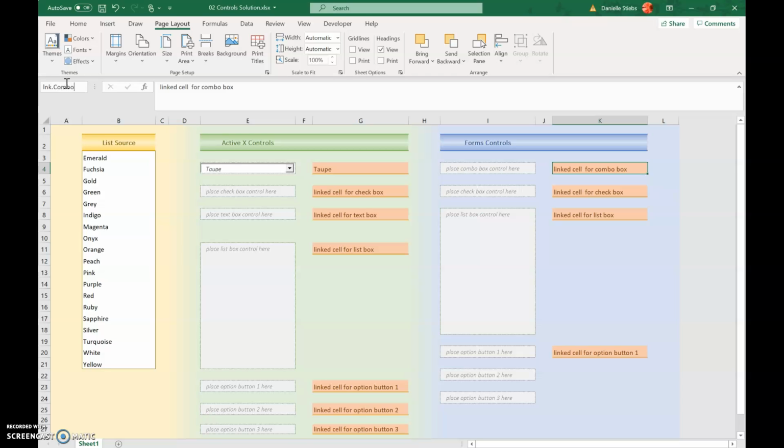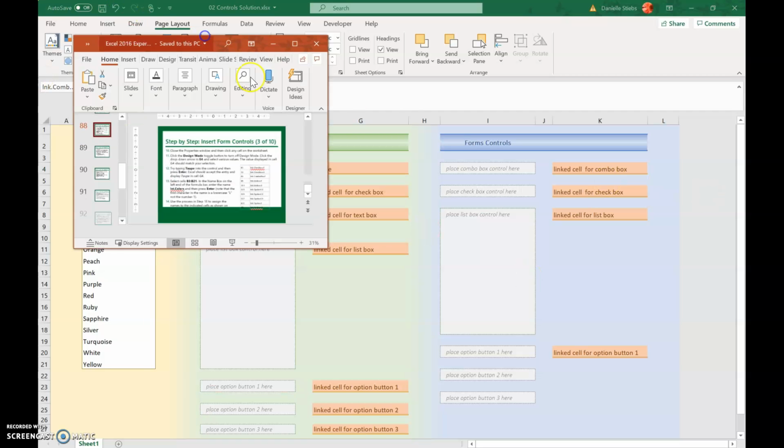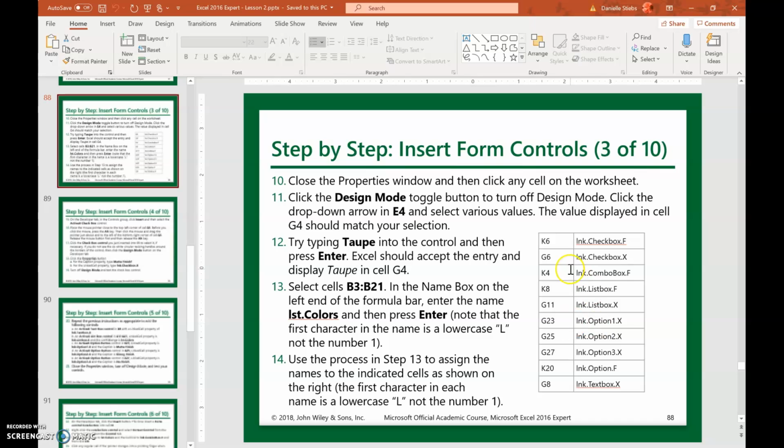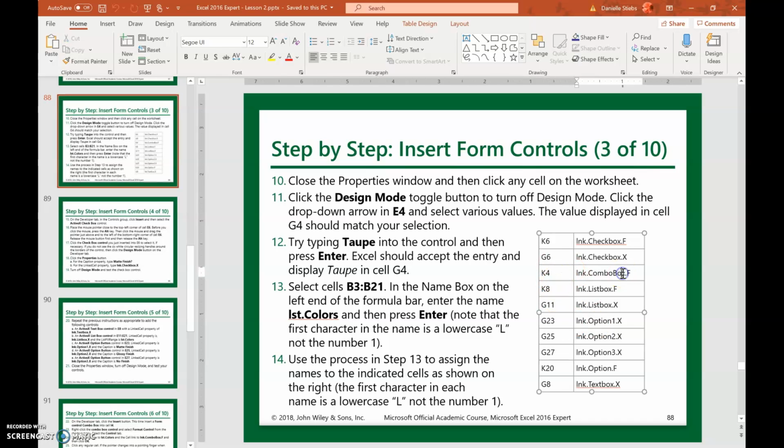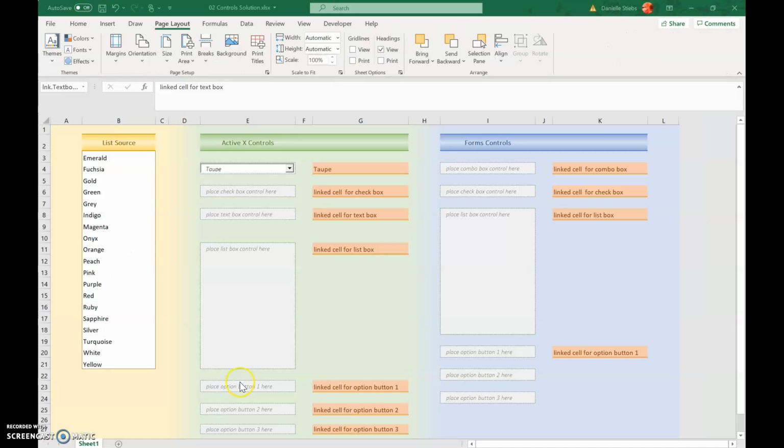LNK combo box F. I'm going to pause the video, but I'm going to keep going down the line. So I'm on slide 89 right now, and simply finding this cell and renaming it to this. All right, so I just finished renaming those. So now I'm on